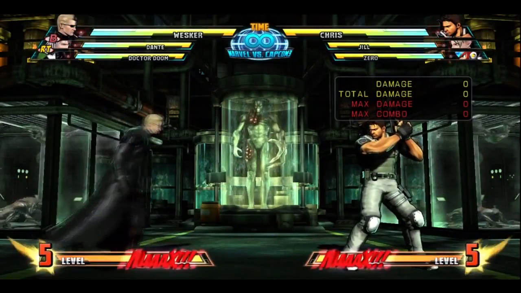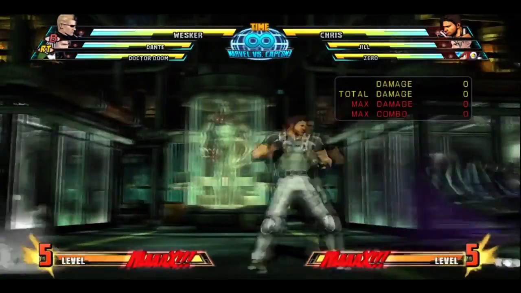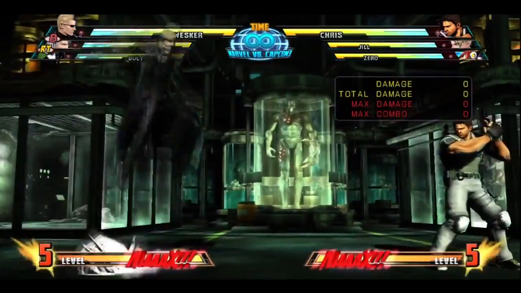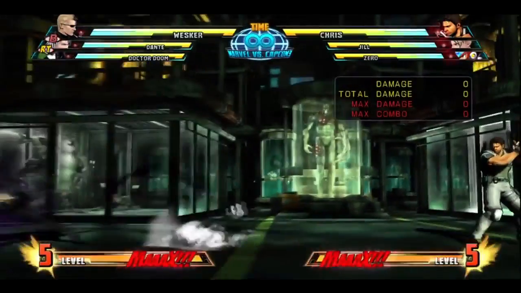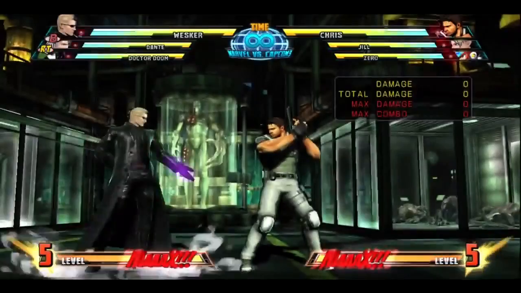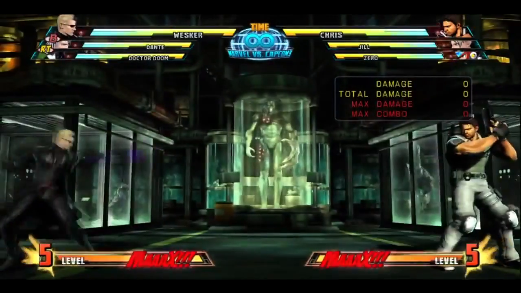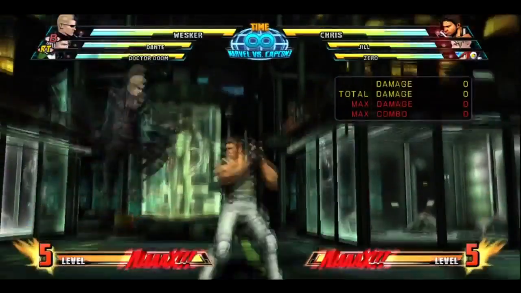So let's get started with the very beginning, and that's mobility. Wesker is what you can consider a teleport rushdown character. The reason I was so attracted to him at first, no homo, was because he has a similar fighting style to that of Strider in Marvel vs. Capcom 2. But what makes it so good is that it's used as offense primarily, but it's also an excellent